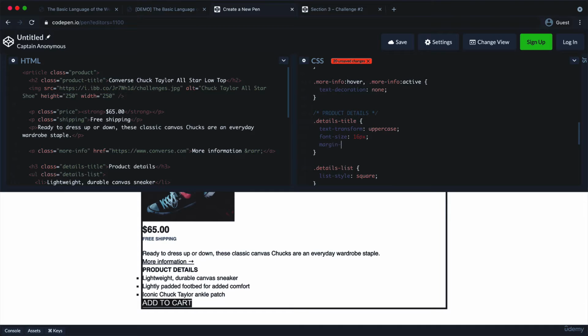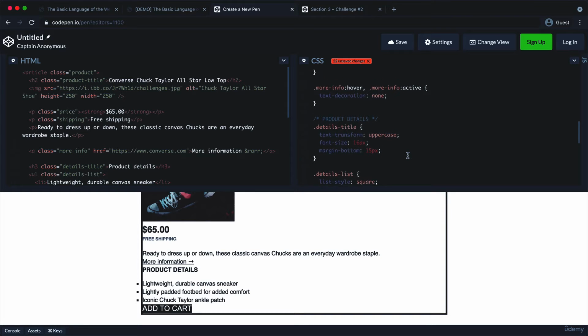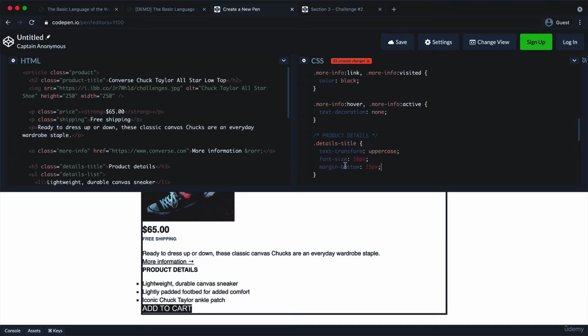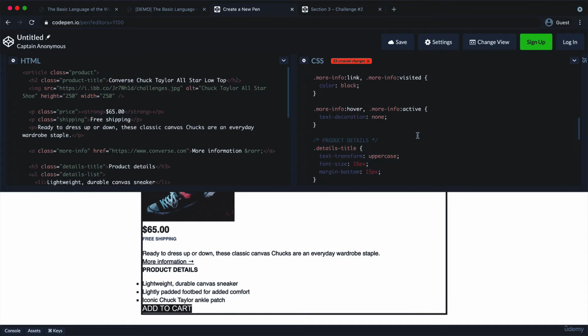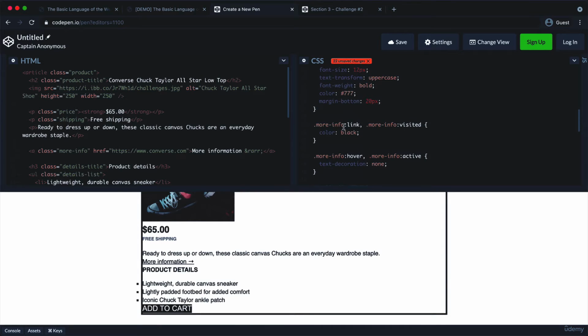So let's start with this one here and giving it 15 pixels. And as always, if your numbers here were different, then that doesn't matter at all. All right. And now some space here between this link and this title, so this heading. And the logical thing to do would probably be to add some margin bottom to the link. Because as I said, the best thing to do is to stick to one of the directions, so to one of the sides, and then always add the margin there. So let's try that. So it's this more info link,